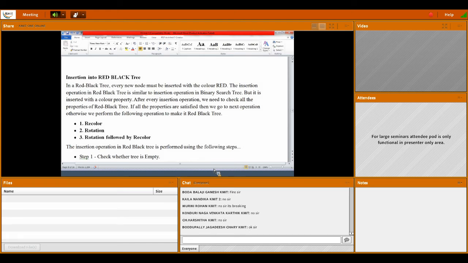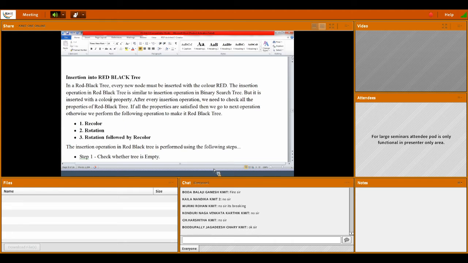The only notable thing here is the color property. But after insertion, we have to check the red black tree properties, because there is no guarantee that it will retain the same properties after insertion.